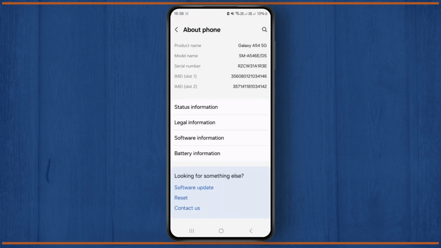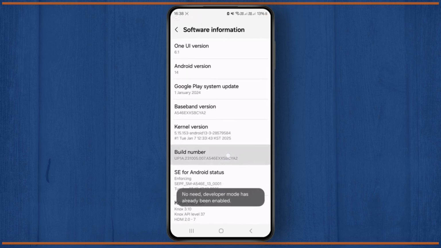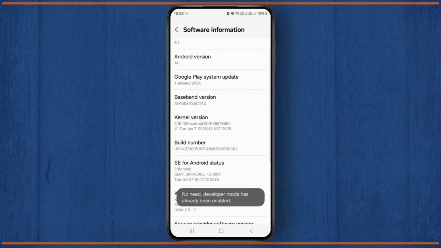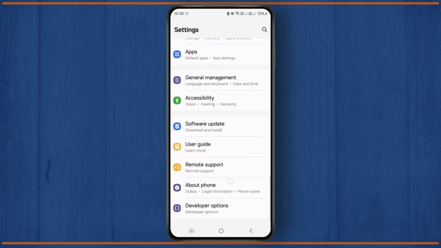Once you're inside your about phone option, just click on this software information, and from over here just click on this build number multiple times. As you can see, I've already enabled developer mode. You may have to tap on this build number 7 or more times. Once you do that, you will have successfully entered developer mode. As you can see, I've already entered developer mode, so I will be seeing this option called developer options below